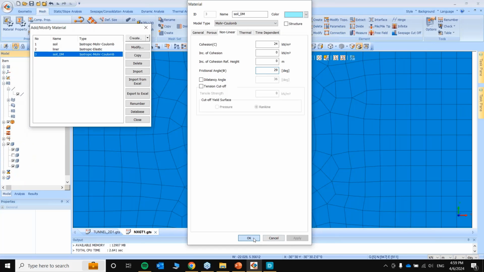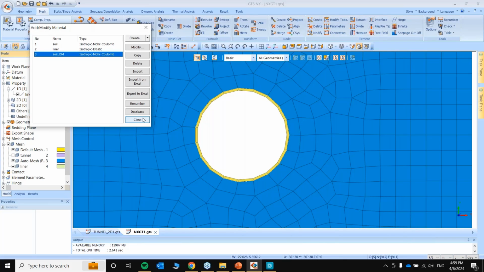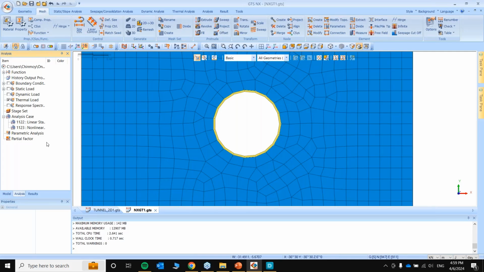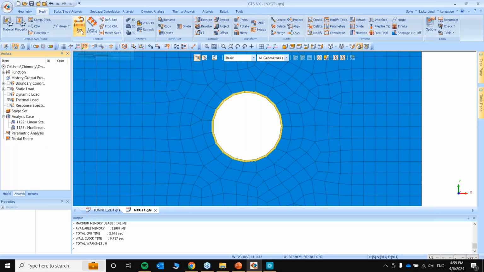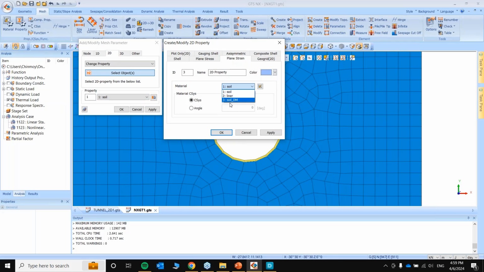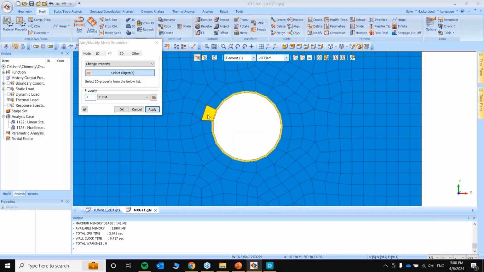Now once this has happened, that means your liner is going to take up extra loads. That also means that the soil around the liner can fail. So we will see if the model converges or not. Let's say I try to run the very same model. Now what I'll do is I'll go to mesh parameters. I'll select certain elements. Before that, I'll create a new plane strain property. Okay, I'll name it DM. I'll press OK, and I'll select